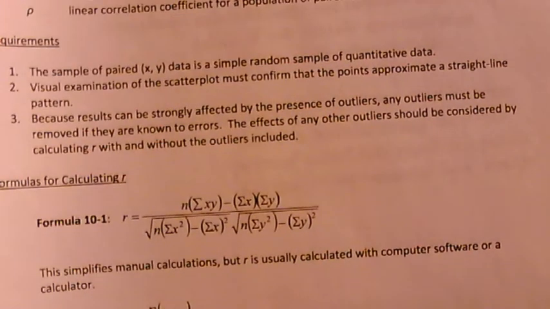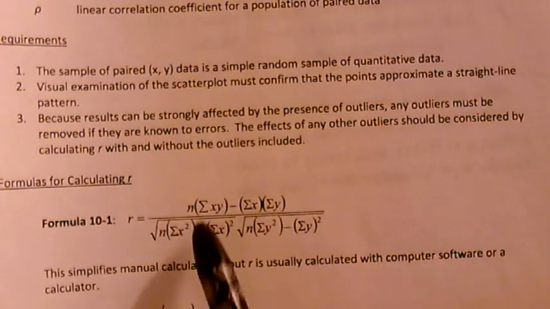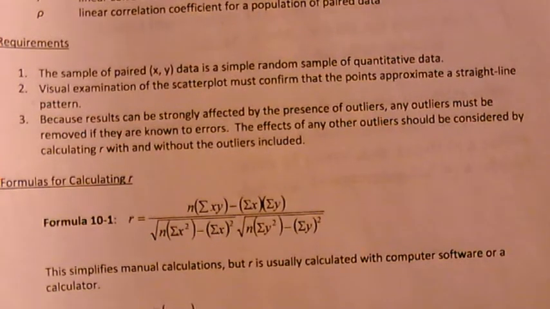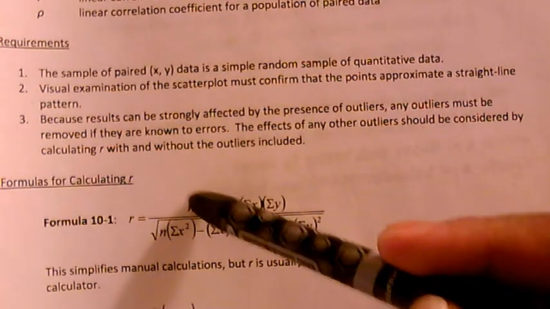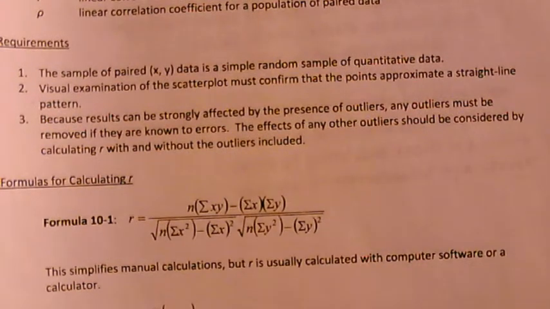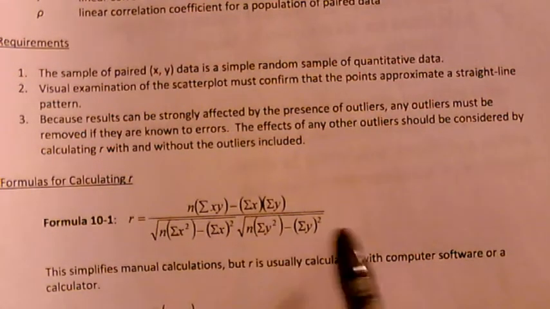Now, this right here is the formula for calculating R. And we're just going to focus on this one right here. Now, I realize it looks complicated, but in this case, n is the number of paired data, and this right here is the summation of the product of X and Y, because you are given paired data values X and Y, minus the sum of all your x's times the sum of all your y's, and that's all divided by the